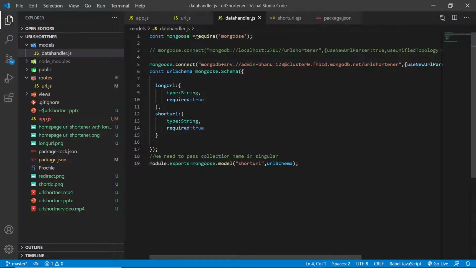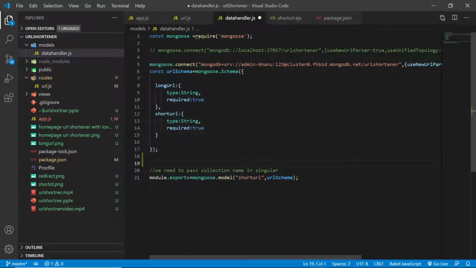After connecting to the MongoDB database, you need to specify the schema. Now this schema is like the data structure for our data storage. Schema specifies how our data is to be stored. Using this mongoose.Schema method, we can specify the type. These are the properties: long URL, short URL.